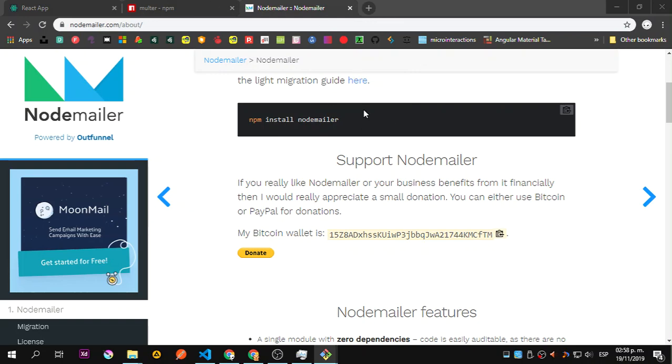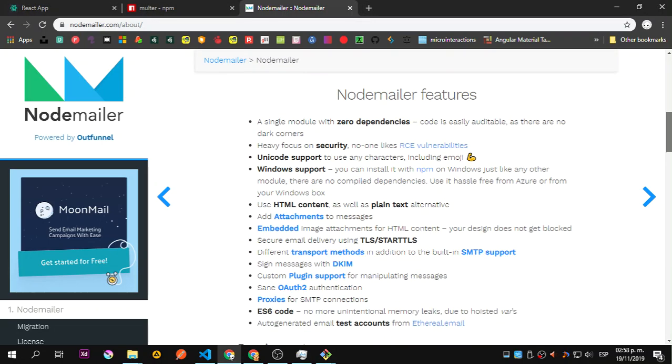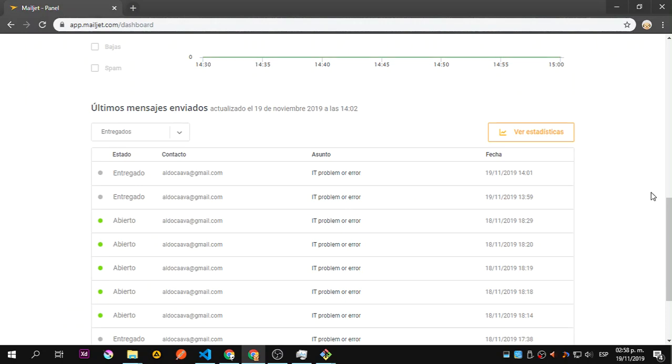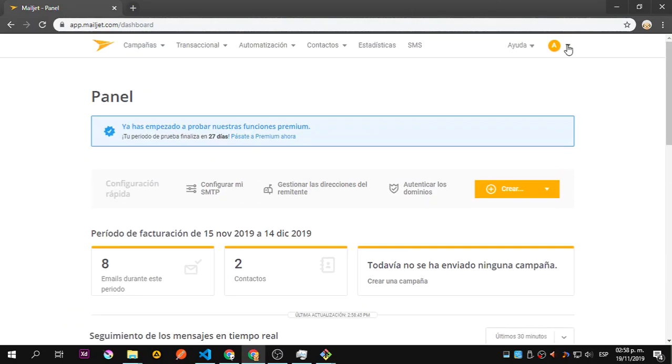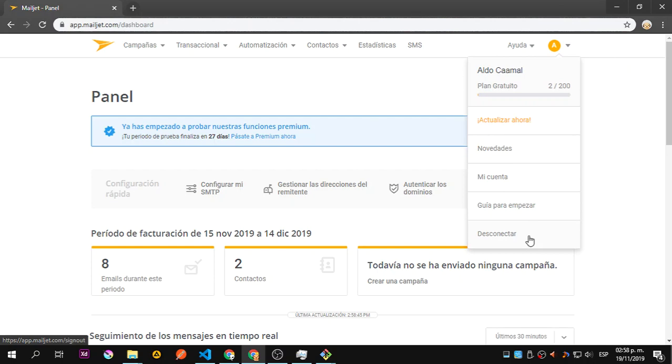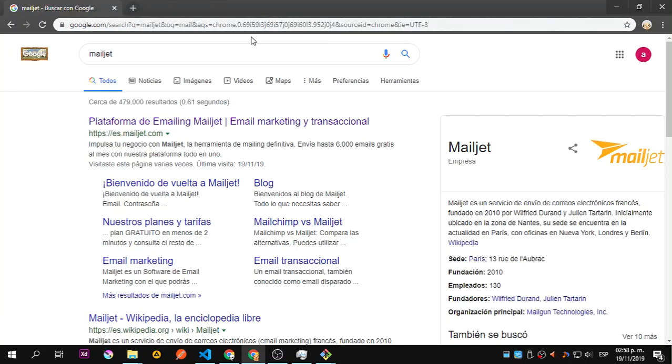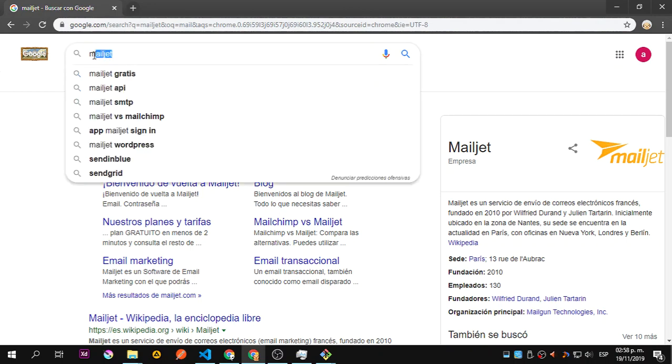Now, but Nodemailer is only the way to send that. We need to handle the protocols and all that using an SMTP, simple mail transfer protocol server. Okay, and for that we're going to use Mailjet. So let me just disconnect. It's going to send me to the sign out. I'm going to say Mailjet. Did I say Mailjet? No, Mailjet, and go to Mailjet,